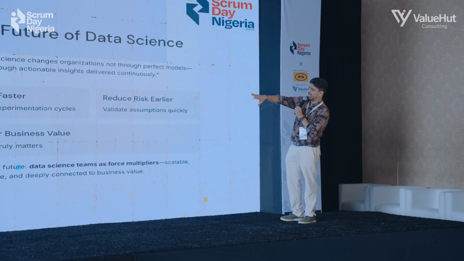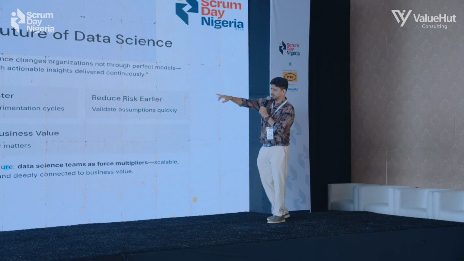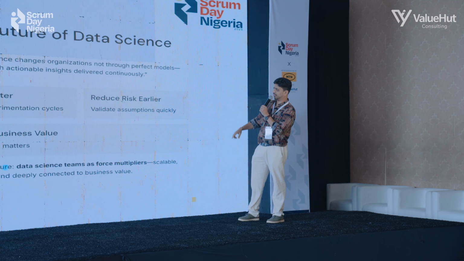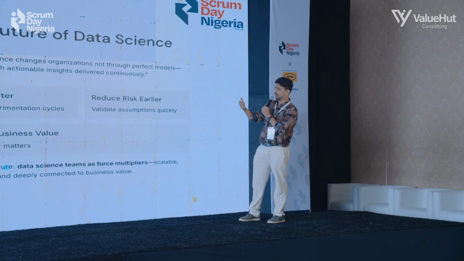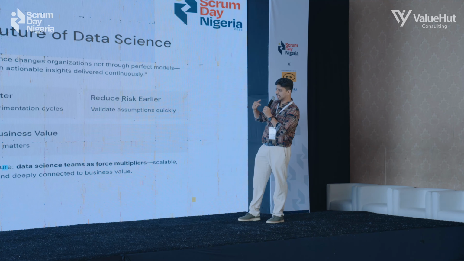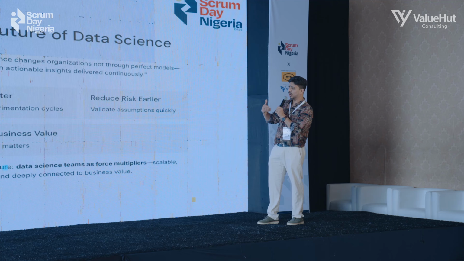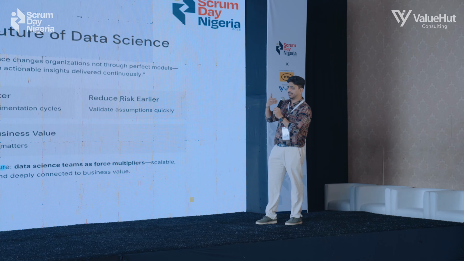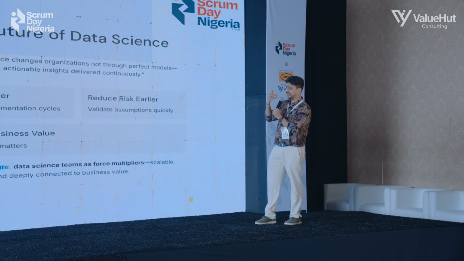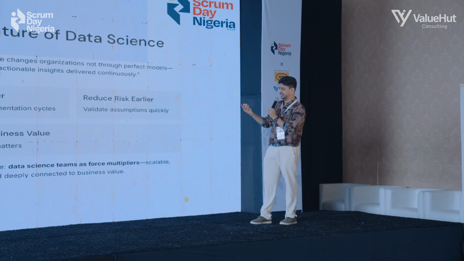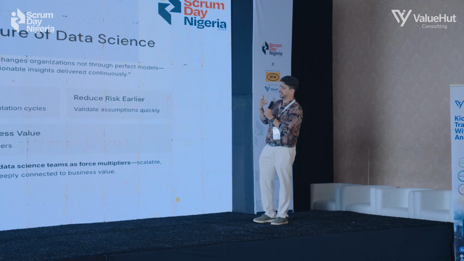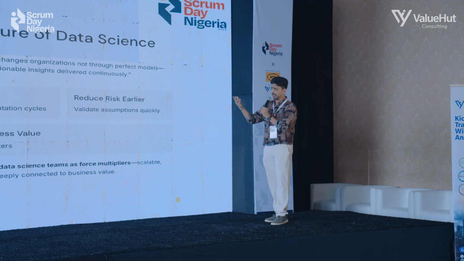We move to rapid experimentation cycles. The key thing about data science teams is that we should experiment fast and fail often, right? If we can't experiment, don't commit to the stakeholders early. Experimentation is the key here. Why am I doing this model? Why am I building this model? What are the inferences I can deliver to my company? What is the cost-benefit analysis I can provide to my company?